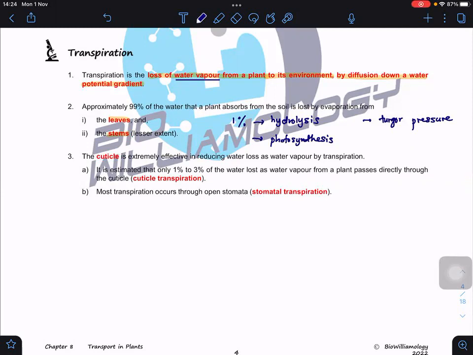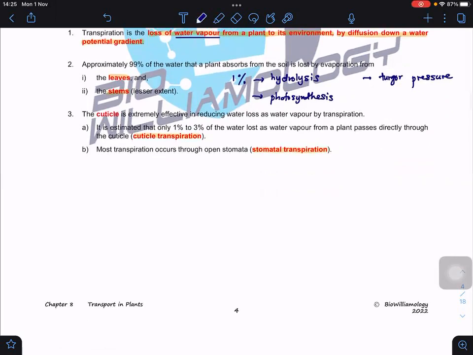But if you want to really look at transpiration at the leaf, we can separate the process into two, termed cuticular transpiration and stomatal transpiration. We have these two, cuticle and stomatal. Now, let us look at this. First, what does cuticle mean? If you look at the upper epidermis,